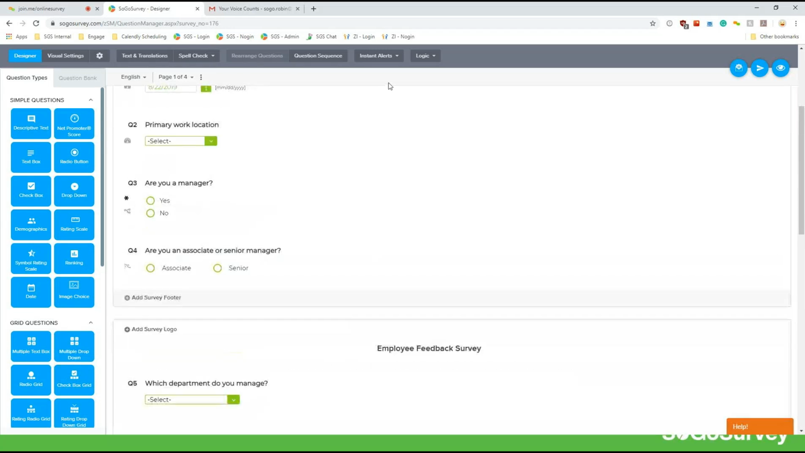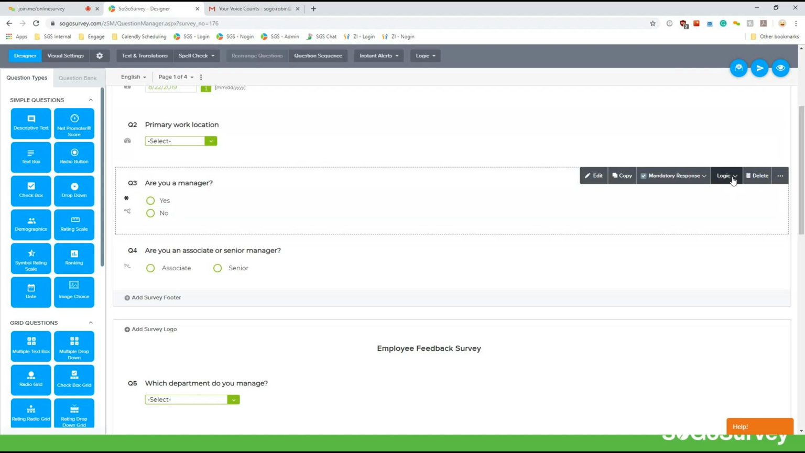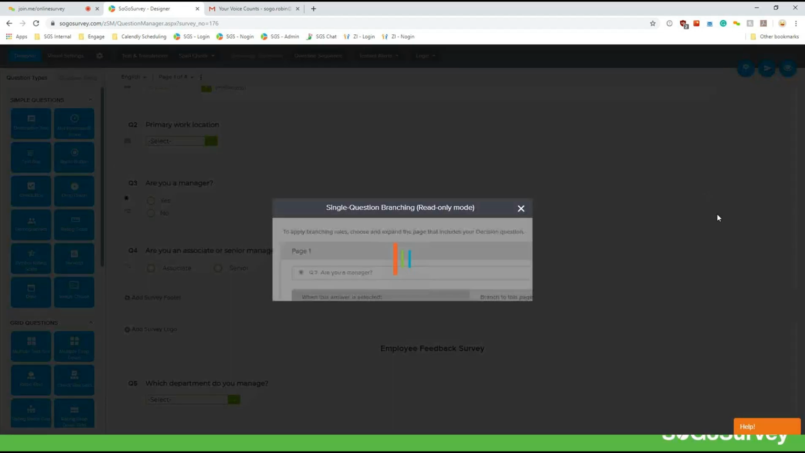So where I can set that up is that I can either go up here. So I've got question display logic, single question branching, and multi-question branching is only available up at this window right here. But I can also do it here as well. So as you can see, I've got question display logic and single question branching. Single question branching, so if I click on that,